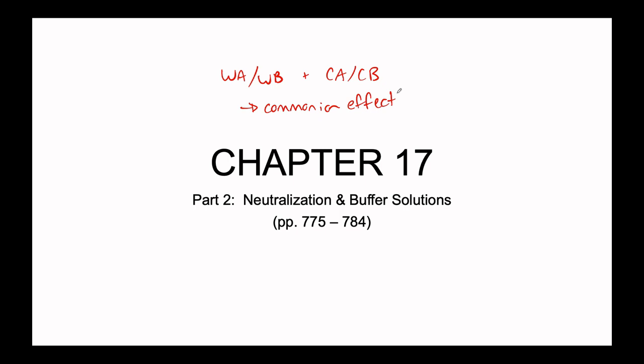So we're not just going to be looking at stagnant vessels, stagnant flasks, or beakers that happen to contain some of these weak acids or weak bases. We are going to be mixing acids and bases together, and not just weak acids with conjugate bases, but we're actually going to be performing chemical reactions here. Different species will come together to create all new product. And so we're going to talk about the neutralization reaction and also introduce what we know as buffer